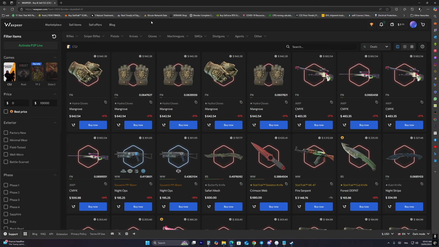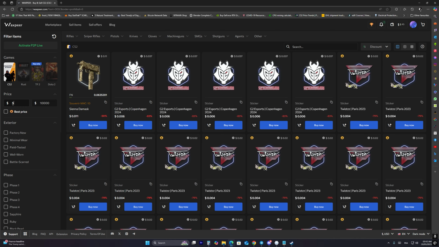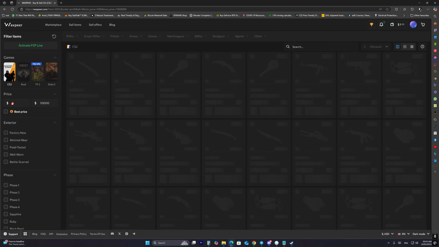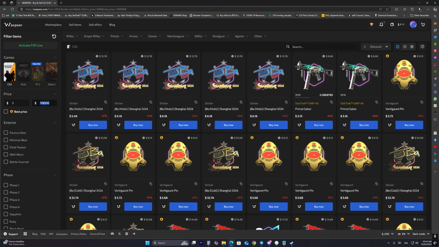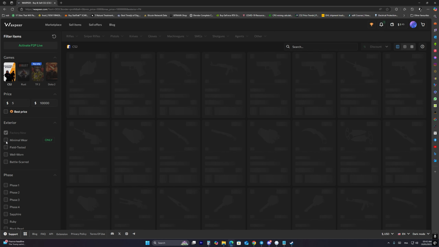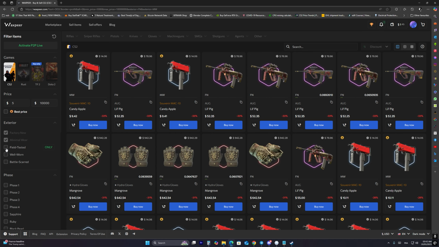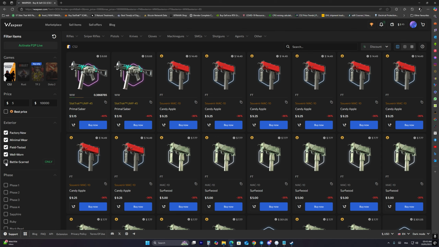Then we choose the skin as our preference or our depositing method, like the price of depositing, sorry, $5, okay? And the minimum is no need for that. So let's make sure they are skins, not stickers or something like that. Okay, so we're gonna take an example of Primal Saber Wall Worn Star Trek, and we're gonna check its price